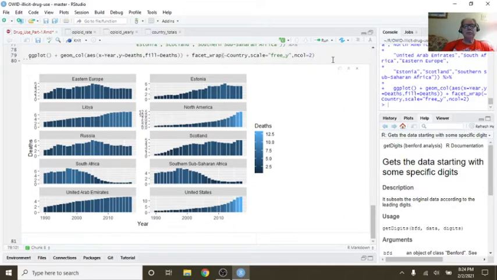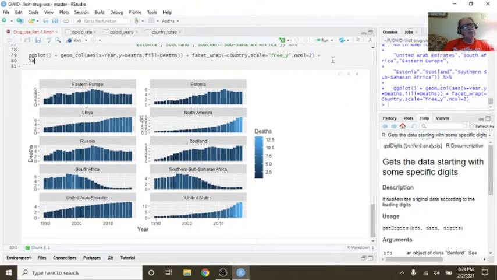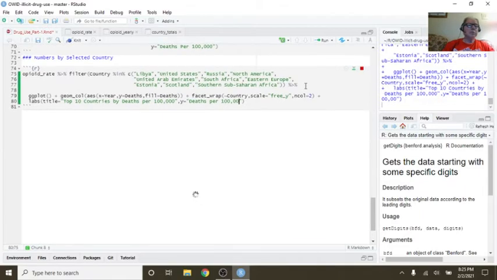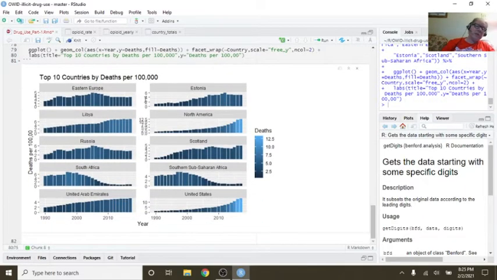Again, this would be, here we go. So this is 6 deaths per 100,000.